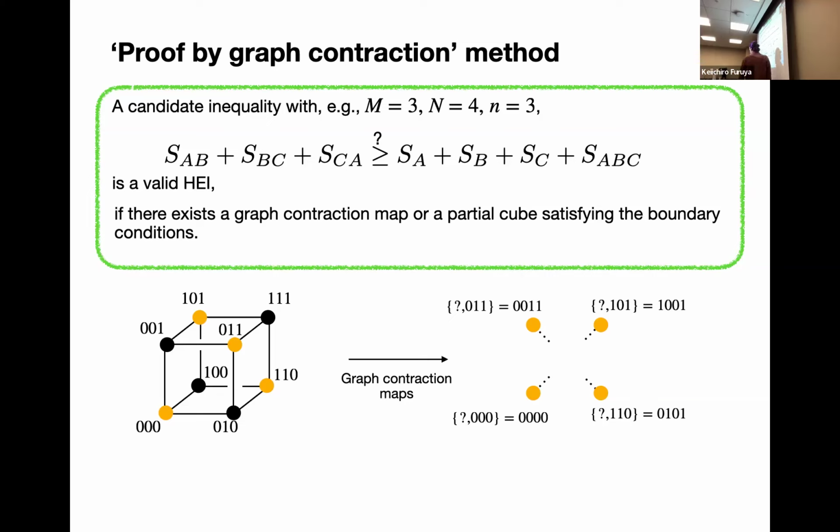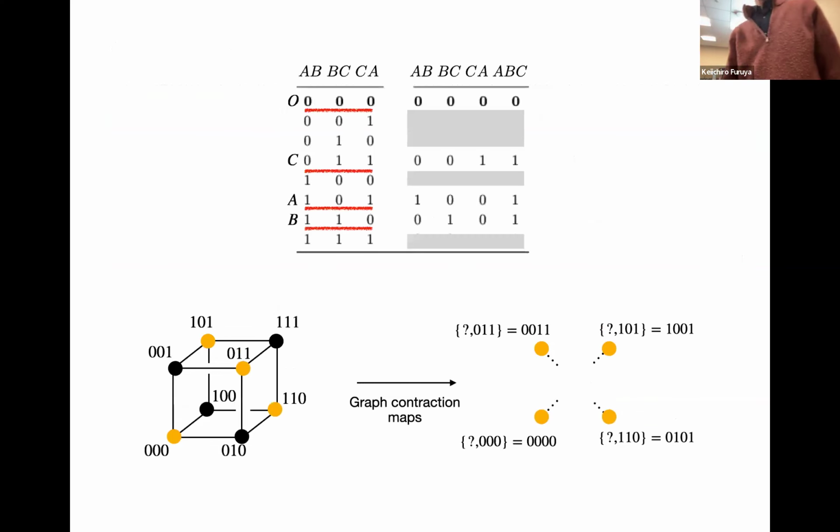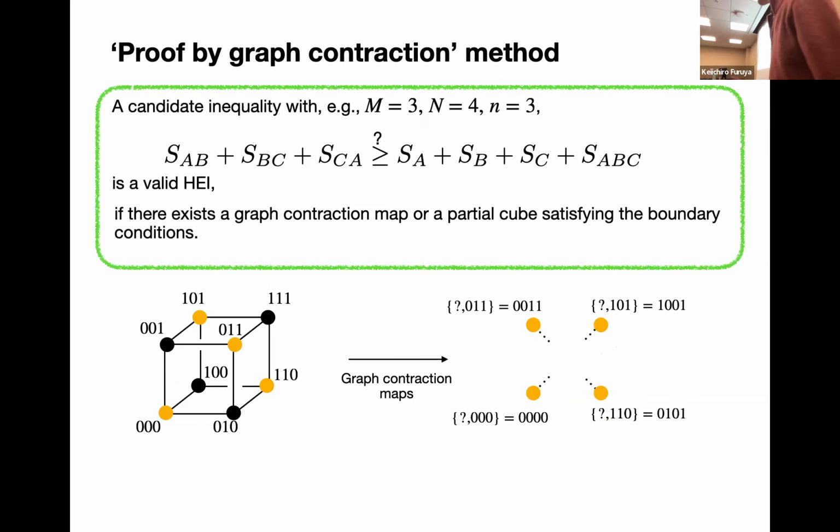But you said it as if, not if and only if. Very good. I'll come back to it in the next two slides. By the way, is 10 minutes good? Yeah, it should be fine. Maybe I shouldn't say partial cube here, I can delete it. What I mean is that finding the contraction map is equivalent to finding the partial cube. That's what I mean by the slash, but we can ignore this if you want.